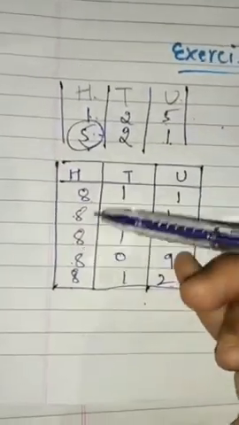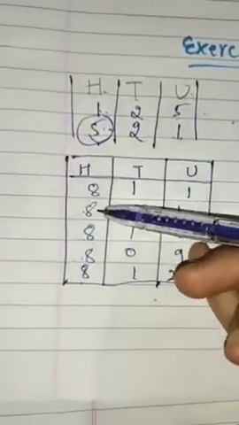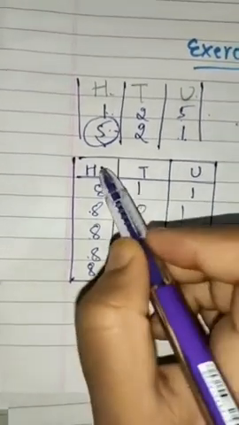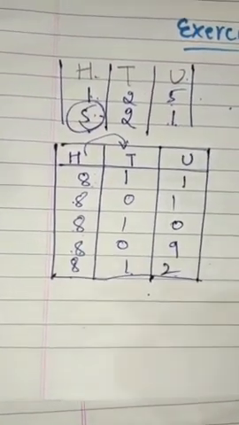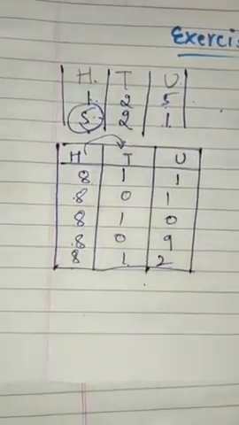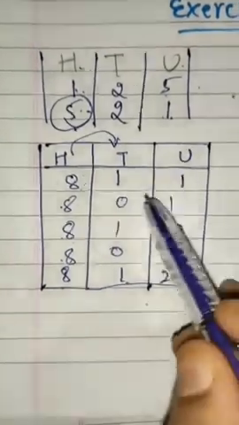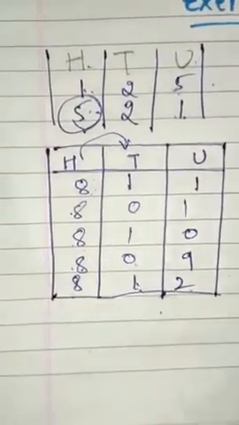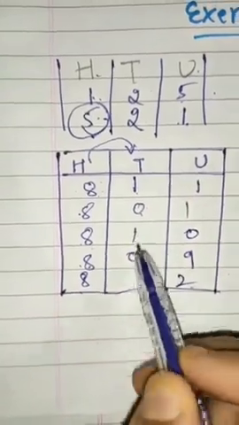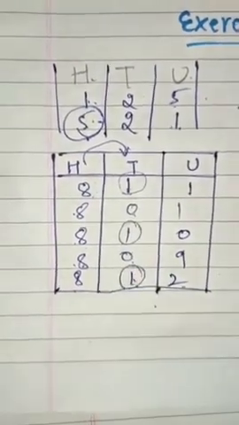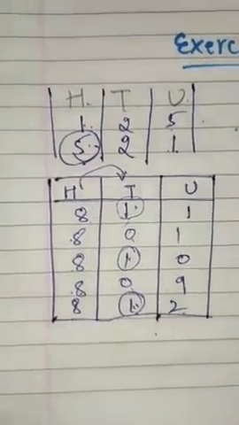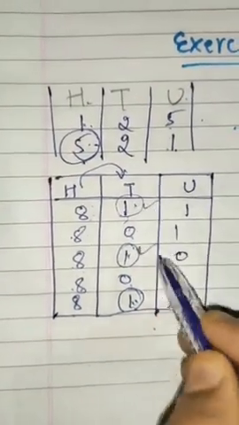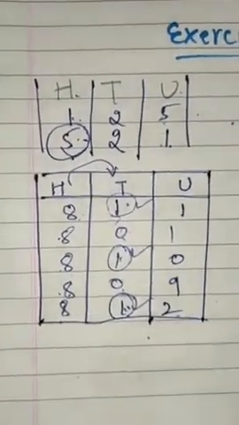Let us compare the numbers. Here you can see all the digits are the same, so we have to move to the next place, that is the 10th place. Now you tell me which is the greatest digit here. 1, 0, 1, 0, 1. Which is the biggest one here? 1, 1, 1. There are three ones, so I can't tell which is the biggest one here. And even you can't say.